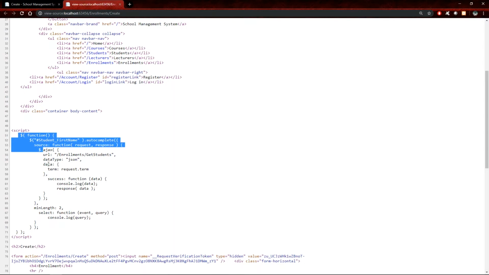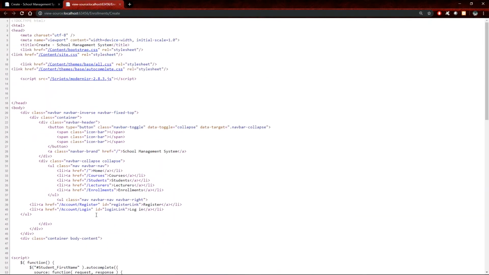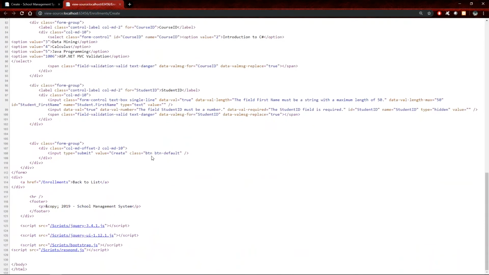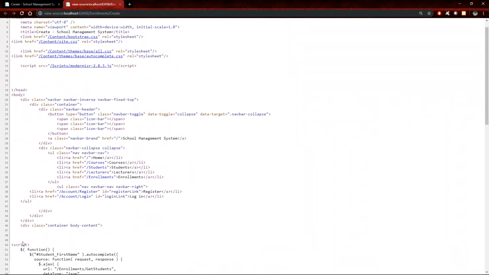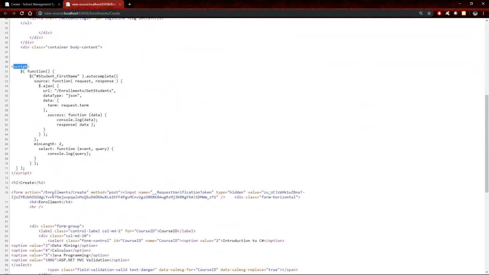This is a jQuery block of code, jQuery and Ajax, and we are running it at the top of the page when we are referencing jQuery at the end of the page. And remember that I said sequence matters. So what needs to happen is that these scripts need to be referenced above this block,